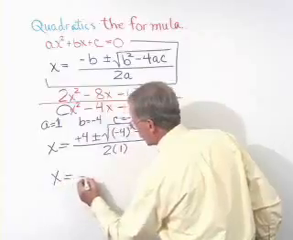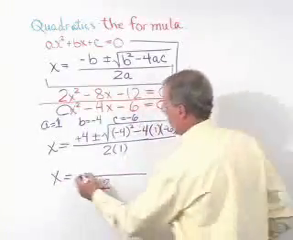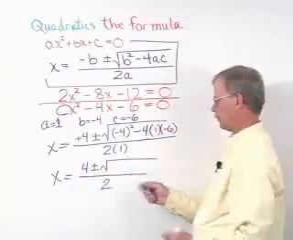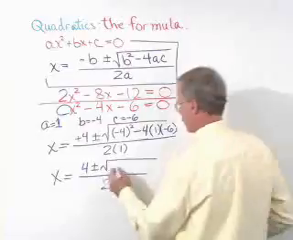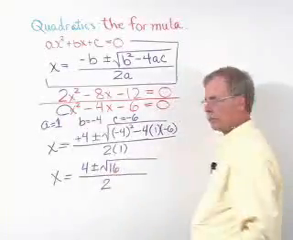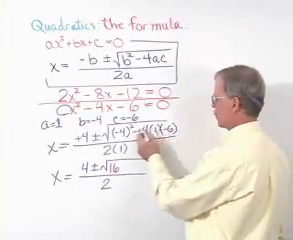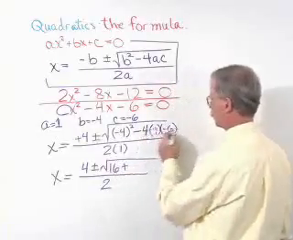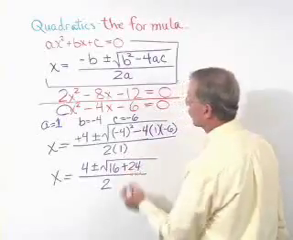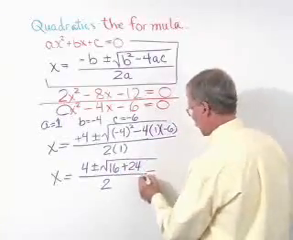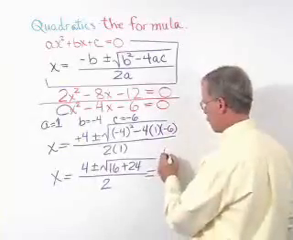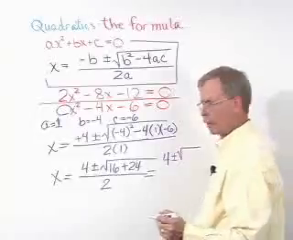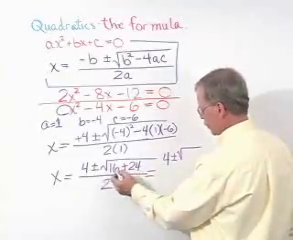x equals, well, the denominator's 2. And here's our 4, plus or minus. Let's see what's under this radical. Negative 4 squared is 16. And negative 4 times 1 is negative 4. Negative 4 times negative 6 is plus 24. So our answer is narrowing down to 4 plus or minus the square root of 24 plus 16 is 40,